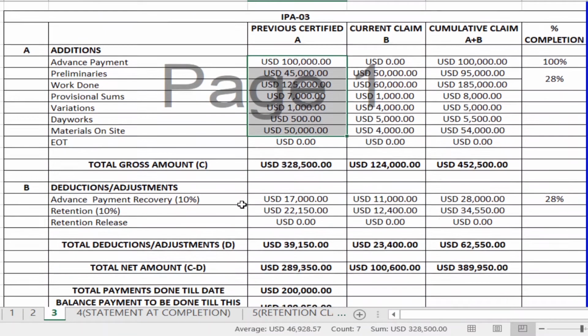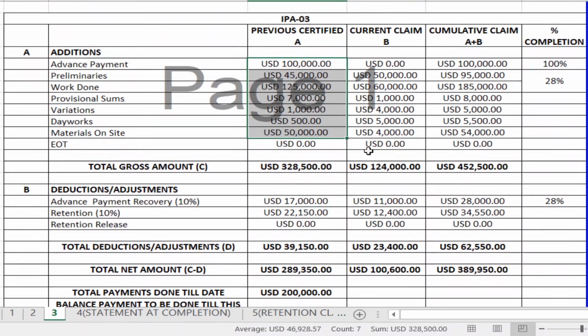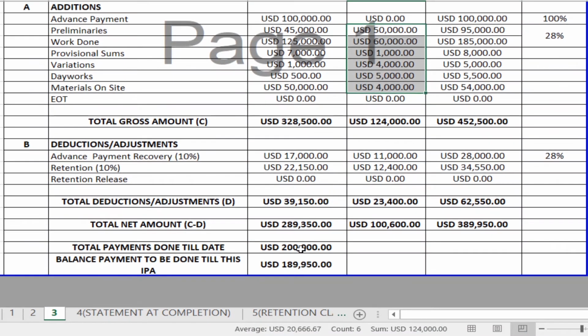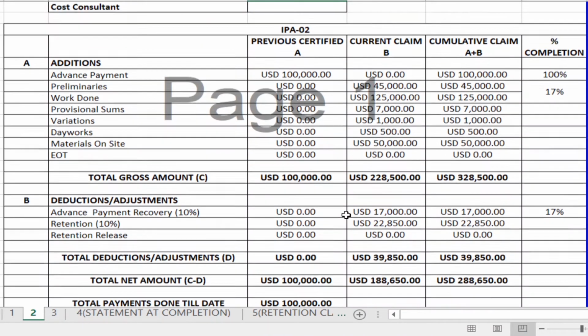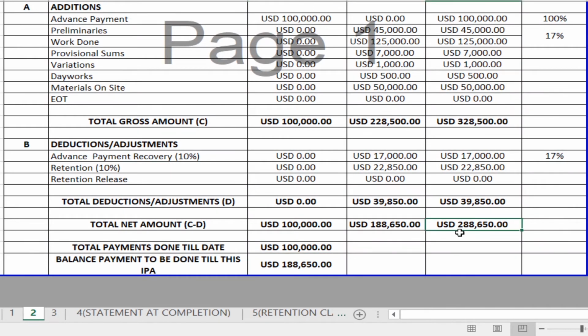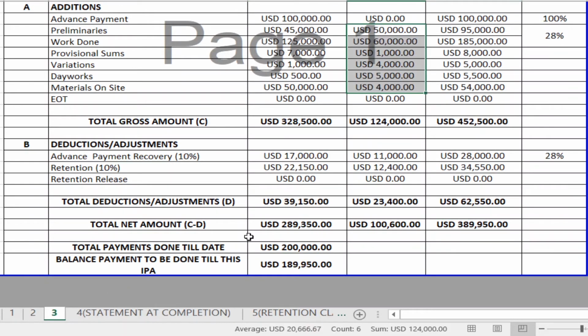And again, similar to the second payment application, your work done is calculated as what has been executed. But here the difference is, for example, till your second payment application you have to receive 288,650, but here I have just mentioned that you have received only 200,000. So in all, till this payment application, you have to receive 389,950.